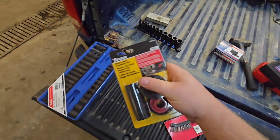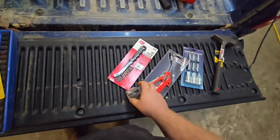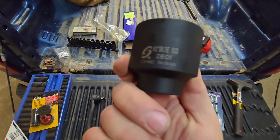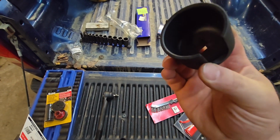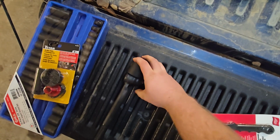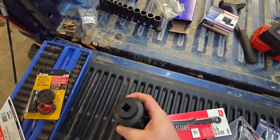I always like to clean that surface, and I always like to throw a tiny bit of anti-seize spray. All right, the next thing I wanted to show was this Sunex tie rod socket. Part number is 2801. The idea is that slot goes over the peg of the tie rod, and then you can hit it with your impacts to bust them